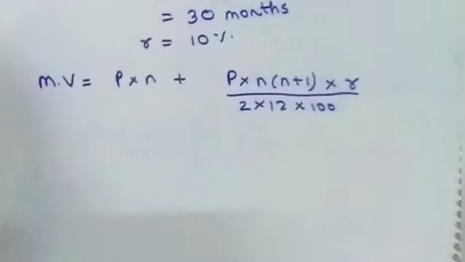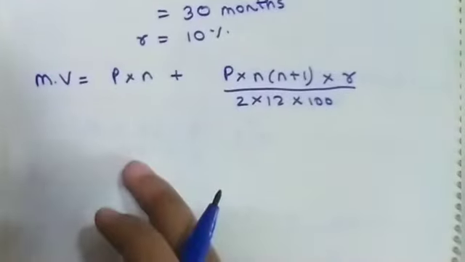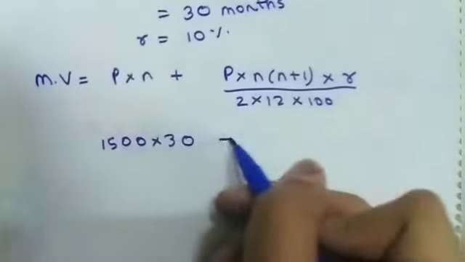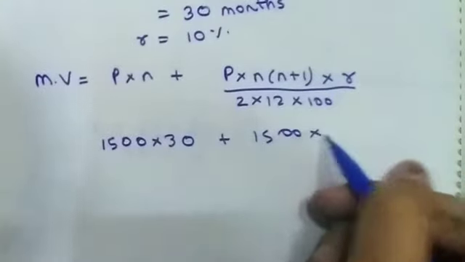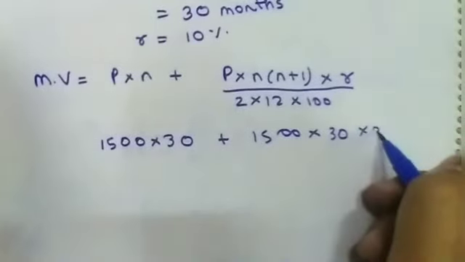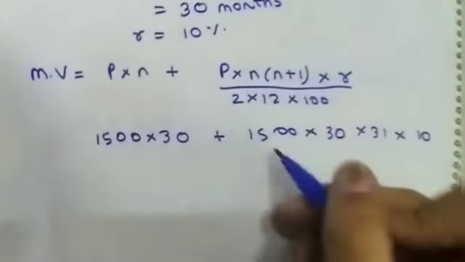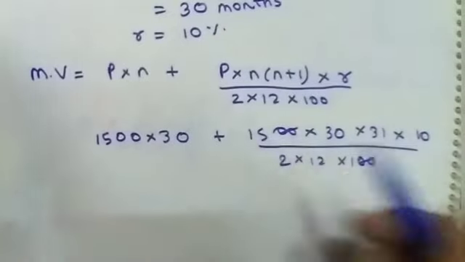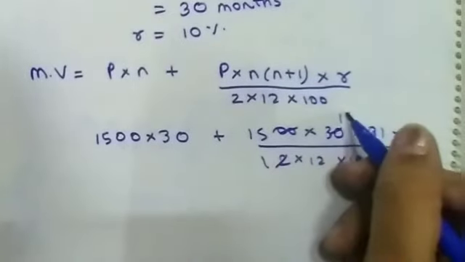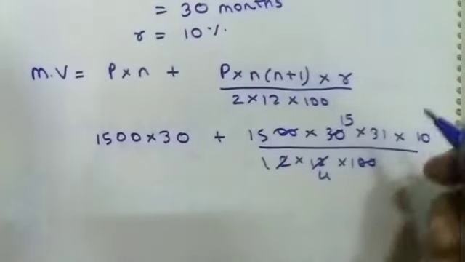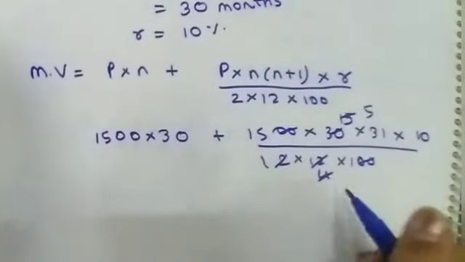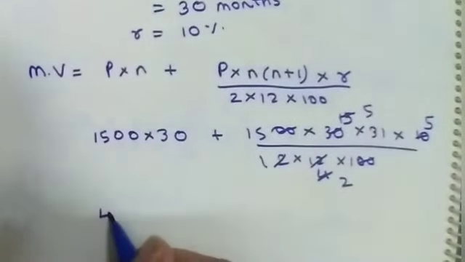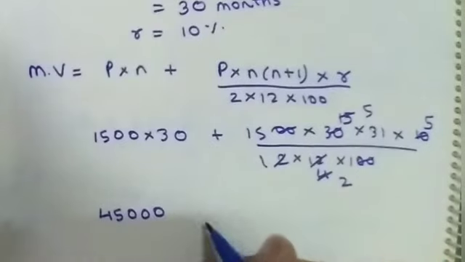Always write the formula because there is 1 mark for writing the formula also. So do not miss writing the formula. Now what is P into N? P into N would be 1,500 into 30 plus 1,500 into 30 into 31 into R is 10 divided by 2 into 12 into 100. So 2 zeros cut, 2 zeros cut. 2 ones are 2, 15s are 15. 3 4s are 12, 3 5s are 15. 2 2s are 4 and 2 5s are 10. So here it is 15 into 3, 45, 3 zeros, 45,000 plus